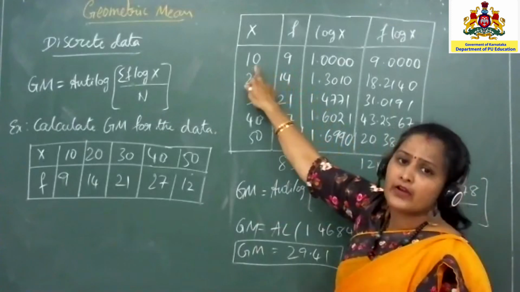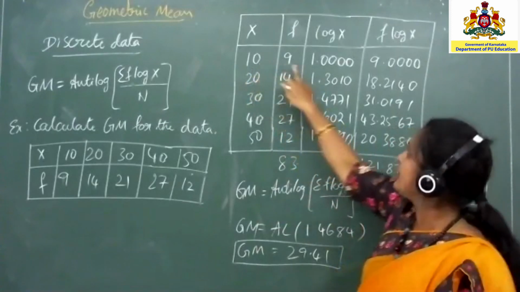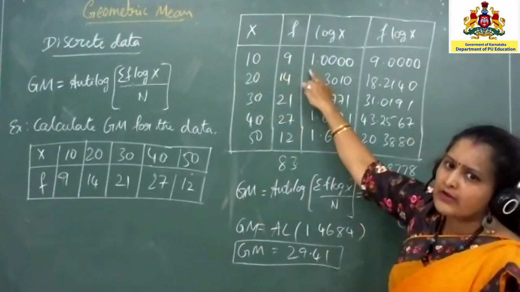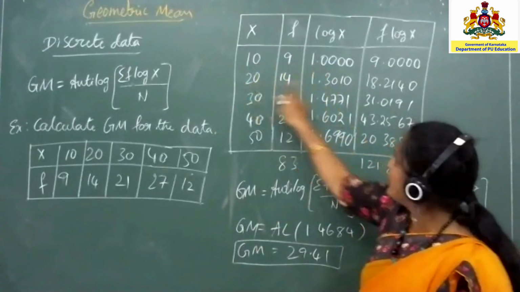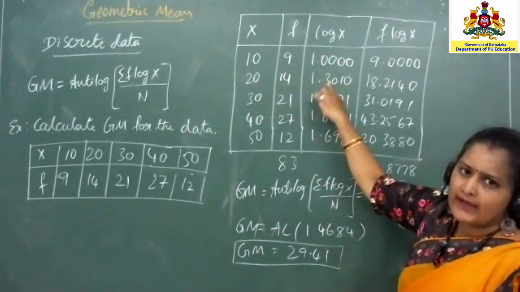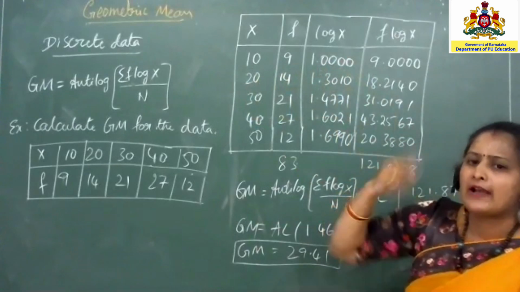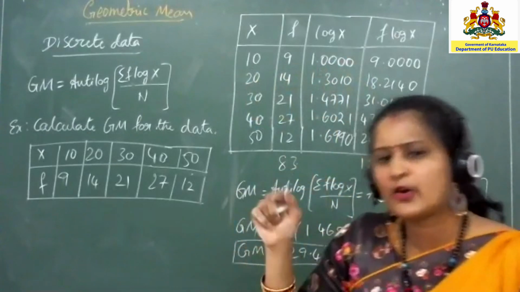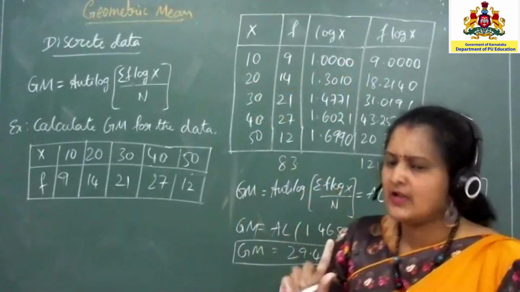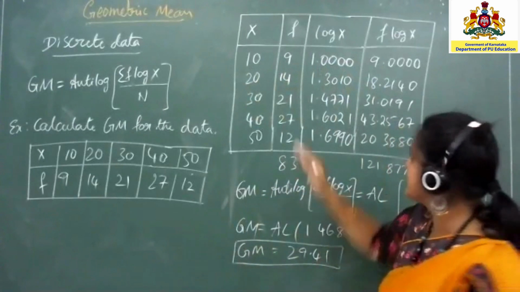Here you have 2 digits, so you need to write 1 point. Again here 2 digits, 1 point. So you need to write 1 point when you are having 2 digits. In the earlier problem you wrote 0 point because you had only 1 digit. That's the difference between the previous problem and this one.